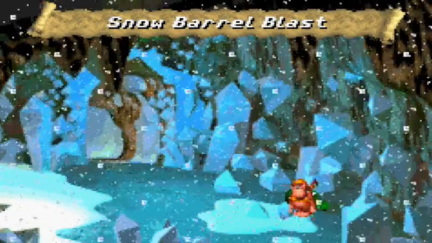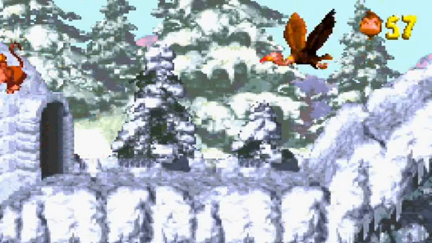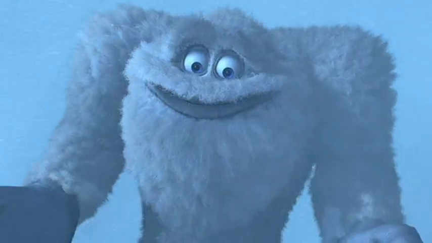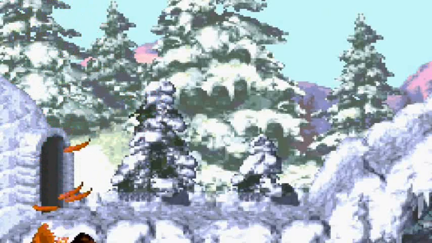Welcome back to Let's Play Donkey Kong Country. We are now in the 4th world, Gorilla Glacier, which of course is the obligatory snow and ice level. Welcome to the Himalayas! And while I usually hear that most people hate the ice worlds because of, well, ice